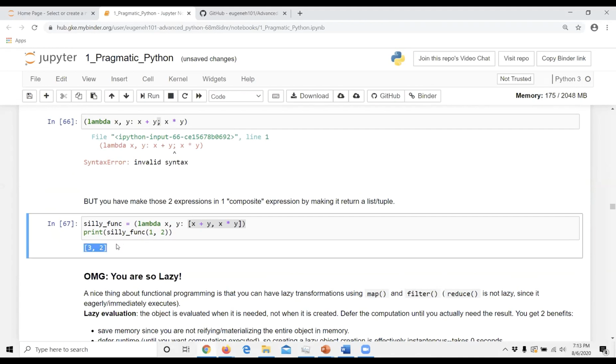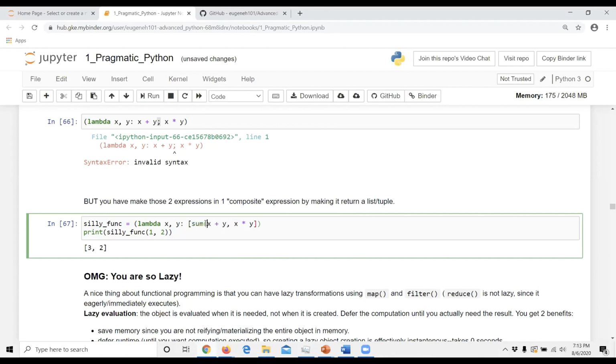If you can't do it in one expression, you can stick in multiple expressions. Let's say x plus y, and x times y. Those are two expressions. We stick that in a list or a tuple, and then it becomes one composite expression that comes out. That's how you can get around the one-expression rule in lambda.